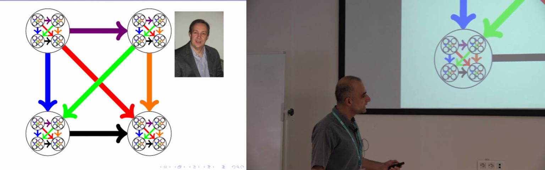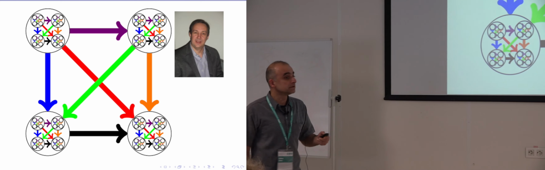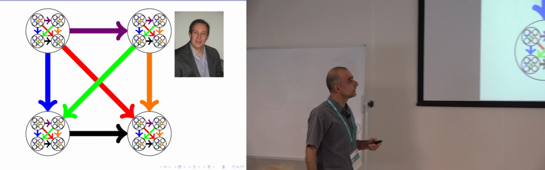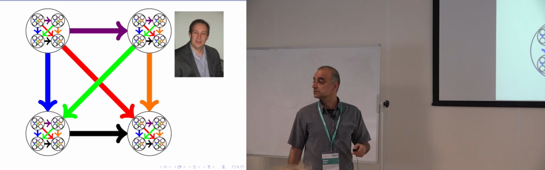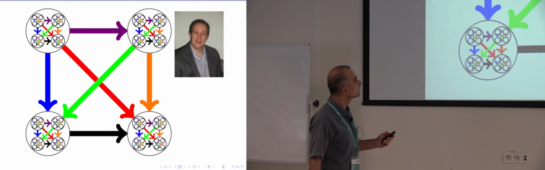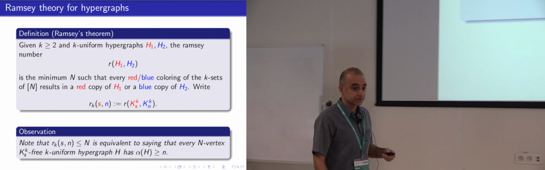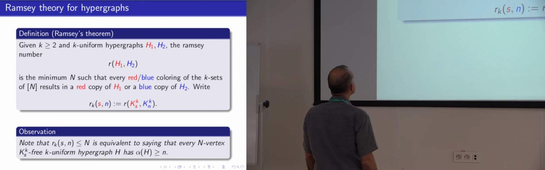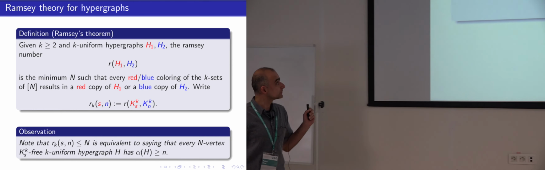Okay, so I'll start by introducing Ramsey numbers. Some of you who are familiar and work in the area will find it easy, but for the others, there's going to be some notation that I want to get you familiar with in the first 10 minutes or so. So this is a definition, also a theorem, Ramsey's theorem, and the setup of the talk and of this